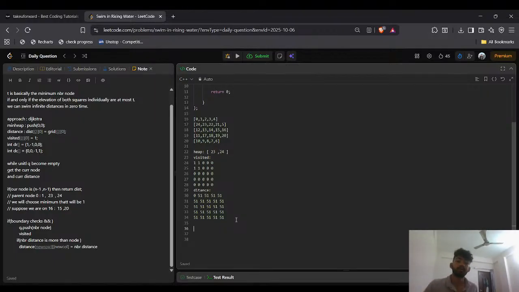We need to update when we are pushing the neighbor nodes. Achha, we are pushing the neighbor nodes, marked visited and also the distance. The thing is, when we are